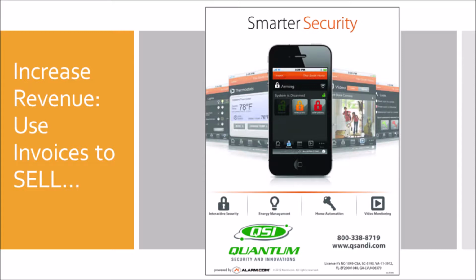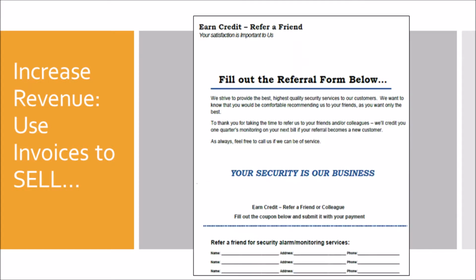And they use this, they have us print this on the back side of the invoices, and it's a means for them to basically solicit an inbound call for somebody that says, hey, I saw that on TV, that app on my phone, that'd be really cool. How do I sign up for that? So it's a way to sell something very easily because you're sending the invoice out anyway. Why not print something on the back side?